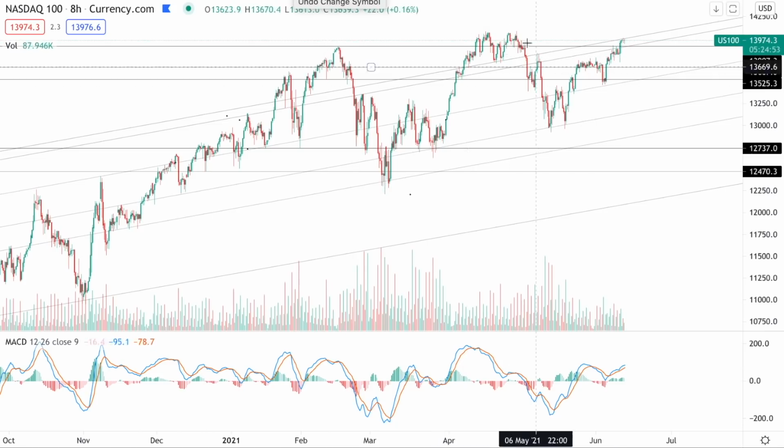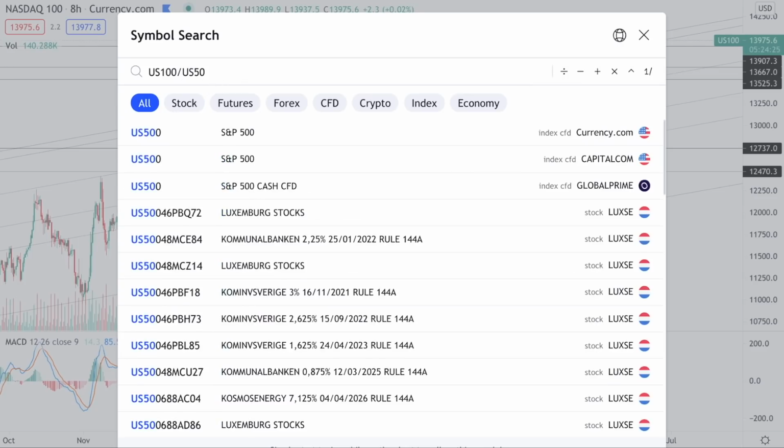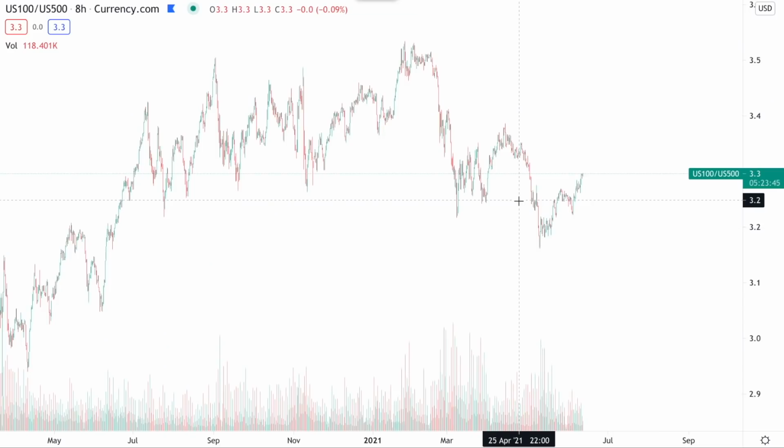But the real question we should be asking is whether the Nasdaq 100 is going to be outperforming or underperforming the rest of the market, because that's how you're going to be properly positioned to beat the markets. In order to take a look at that, we divide this chart by the S&P 500 right here. That gives us the tech performance ratio that we've been looking at over the past couple of weeks. And this is the chart.